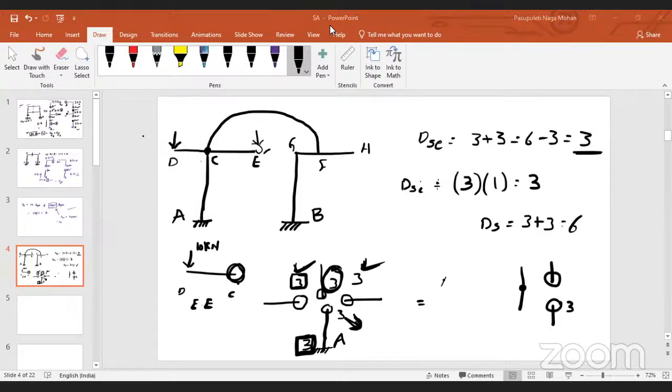Sir, at the AC member, at the junction point C, we have already found the 3 unknowns right now, sir. Can you please repeat what you said? Sir, along the member AC, at both ends we have the known forces. So the same is applicable at the other member at point C also. So there are no unknown forces here as of now. No. Sir, how will it be possible, sir? Not possible, sir, at the D and